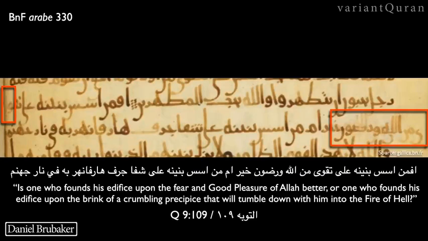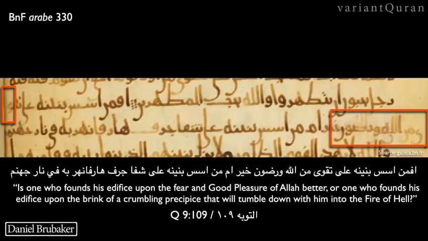At some point I will do a video on the different script styles, and I should do that soon, to give you an introduction to what the script styles generally look like, and you can see how the evolution of the script styles progressed over time. Both of these so far are forms of the Hijazi script style, which displays most evidently the individual personality and writing style of the scribes. So you can see this is clearly a different person, just as different people have different handwritings. The script wasn't quite so formalized at this stage, so a change of scribe is clearly recognizable.